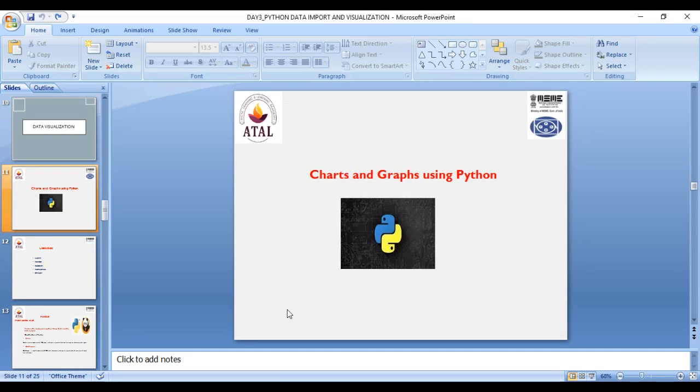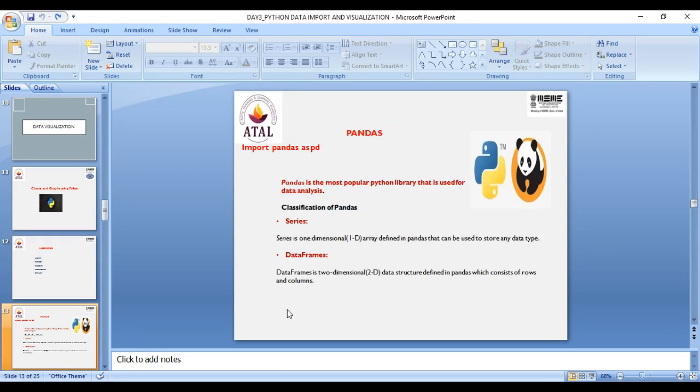Then this data visualization, I already told you yesterday. Whatever we saw yesterday is the same. Simply we are using one extra line for the data frame, where we use read_csv. So I am going very slowly in this slide.